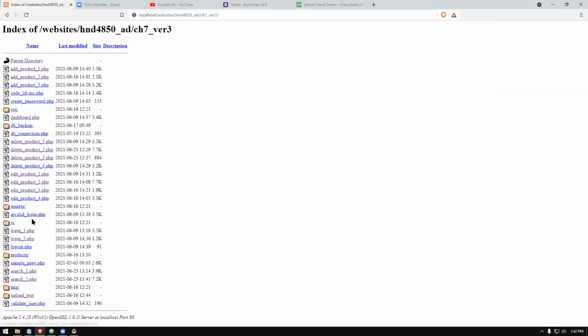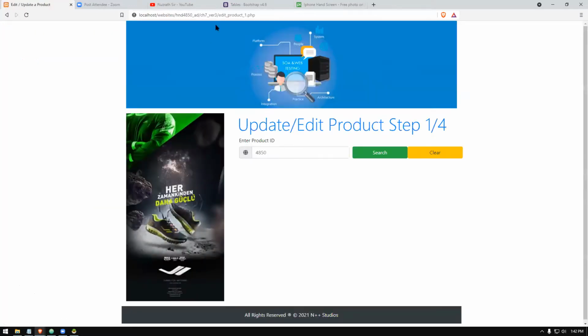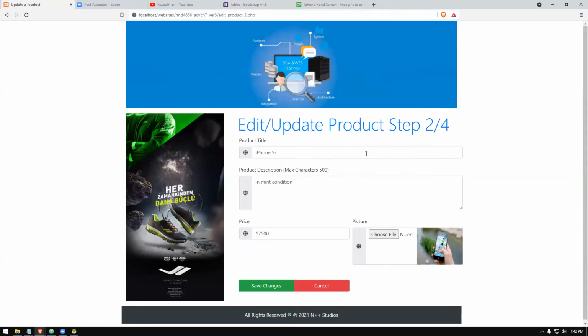When you go to edit product, this is edit product 1.php. From this one, we are typing a number, for example 5. When I say submit, we go to edit product 2.php. We have to search by product ID, that is number 5. So in edit product 2, it is capable of searching: if you give the product ID, it will search the record and give it to you. That is how I have built it. I have used the request array, not the post or get array, so it's very flexible.